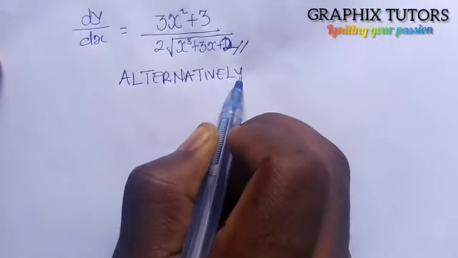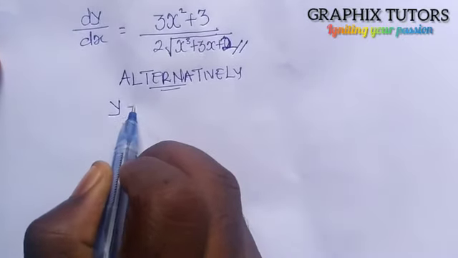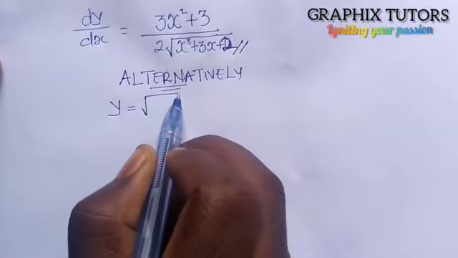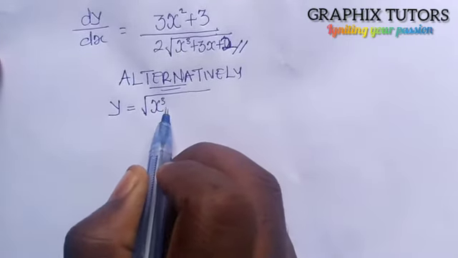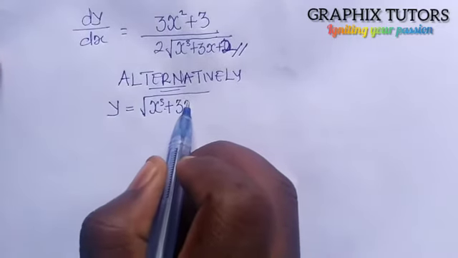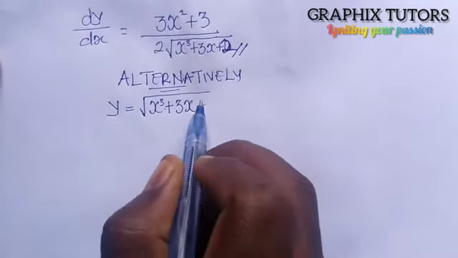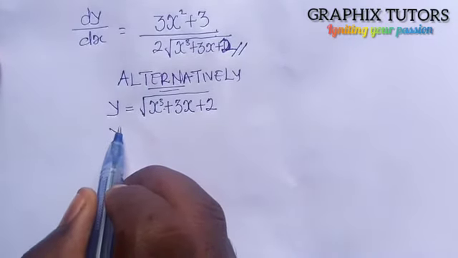Alternatively, if I have y equals the square root of x cubed plus 3x plus 2, right? And I say it can also be written as